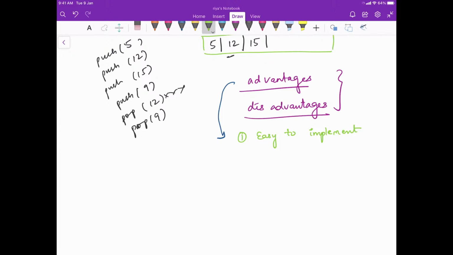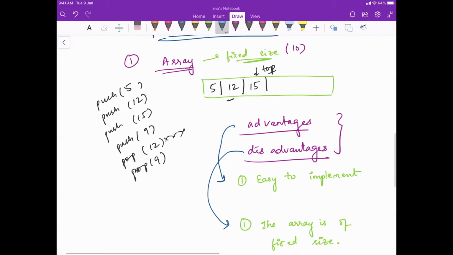But the disadvantage is that the array is of fixed size at this point. That means the array is not dynamic. If let's say I define the size of the array initially as 10, that means the stack cannot have more than 10 elements.